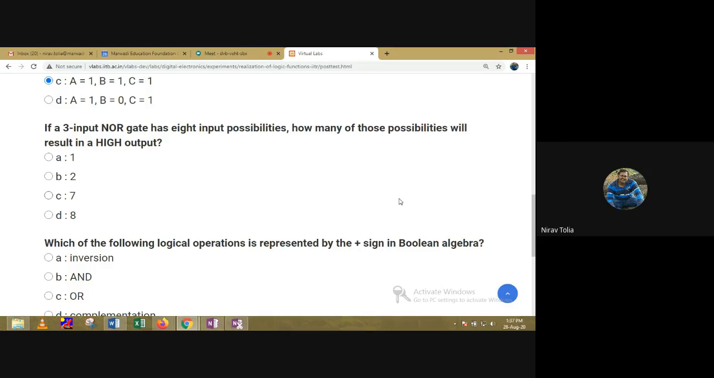Then you have to remember the truth table of the NOR gate, which is the reverse of the OR gate. Let me tell you about the truth table of the OR gate. For 0, 0 it is 0; for 0, 1 it is 1; for 1, 0 it is 1; and for 1, 1 it is 1. Now tell me